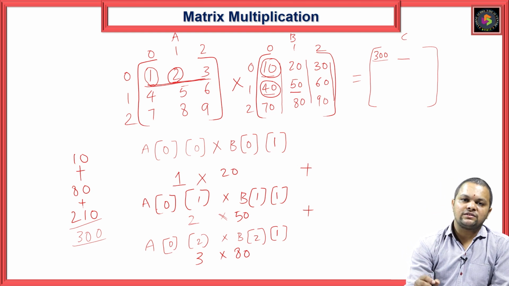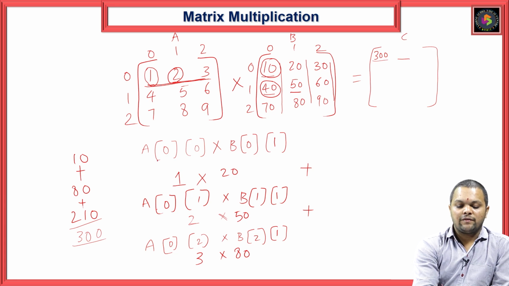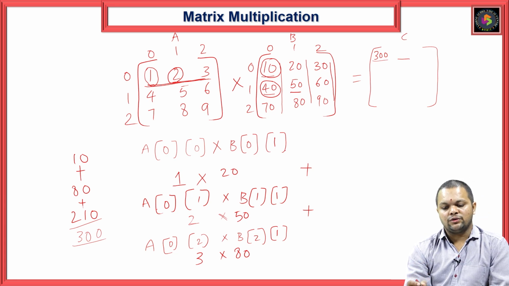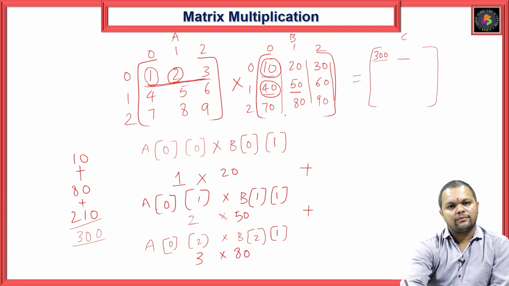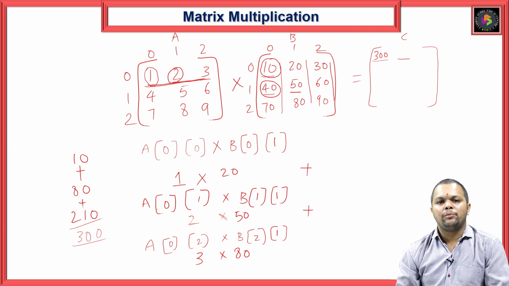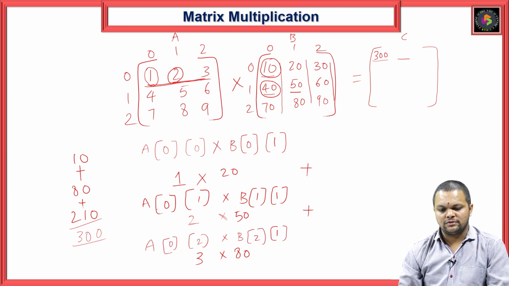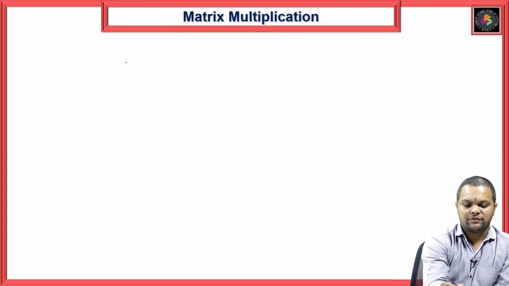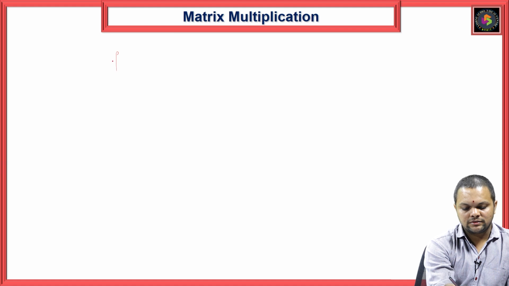You can see in the first iteration, we have taken it as 0, 0 into 0, 0. So only first part. Again into the second column. Again into the third column. This is a process that happens every time. How do we need to take a looping statement here? Look at this. So in the first one, I'll write it as,